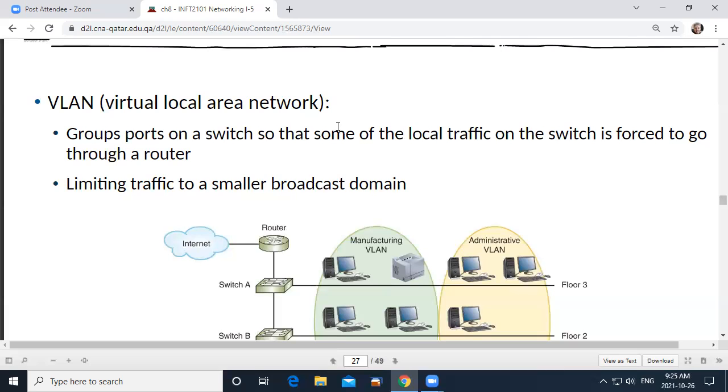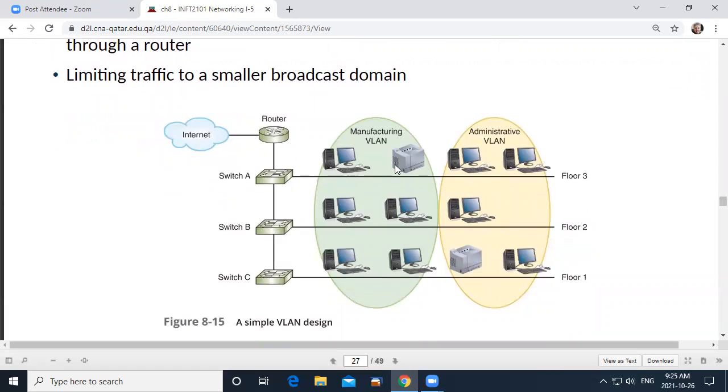And so that, I hope, is represented by this diagram here. We've got these people sitting beside each other in the same room, in the building, I don't know, on the 3rd floor. But these people here are able to use the manufacturing VLAN, and they're not able to see the administrative VLAN, even though the person beside them is. And so these people are logging in differently. And look, they're connected to the same switch and everything. But we do have some control through the router, which is these people are connected to that VLAN and those people are connected to that VLAN, even though physically they're all connected the same way.